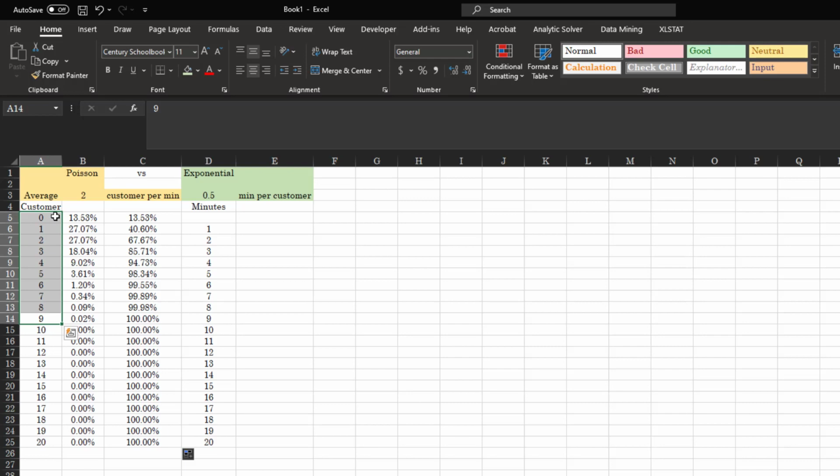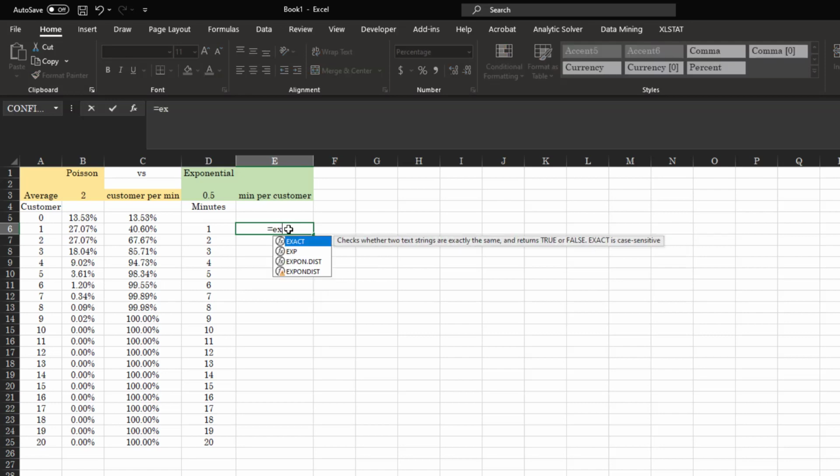Now, let's take the same question. Whether we have 2 customers coming per minute or 0.5 minutes per customer, it's the same data. It's just the units are changing, right? You have 2 customers a unit, but you can have 0.5 customers. And let's look at an exponential distribution. Remember now, with exponential, the question you're asking is not about the customer. You're focusing on the time for the next customer.